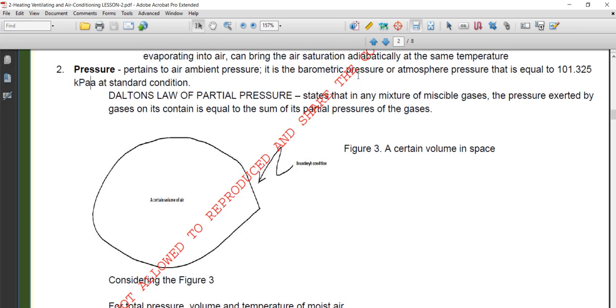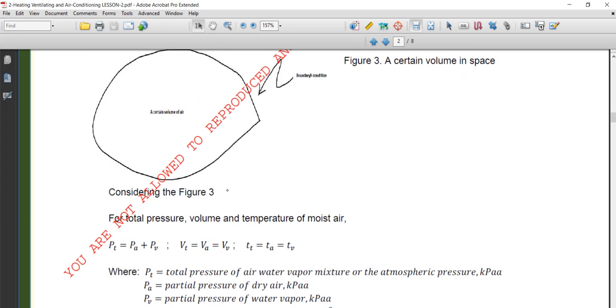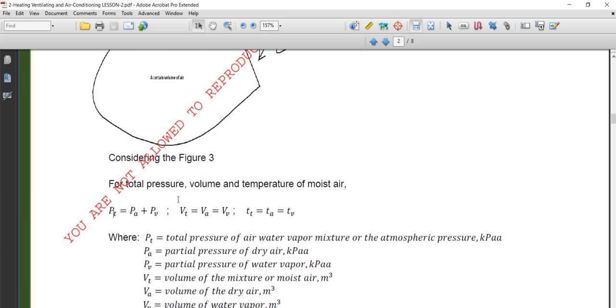It states that for any mixture of miscible gases, the pressure exerted by the gases on its container is equal to the sum of the partial pressures of the gases. So we have your partial pressure: the total PT is equal to PA, the partial pressure of dry air, plus the partial pressure of the water vapor. So take note, we have also the